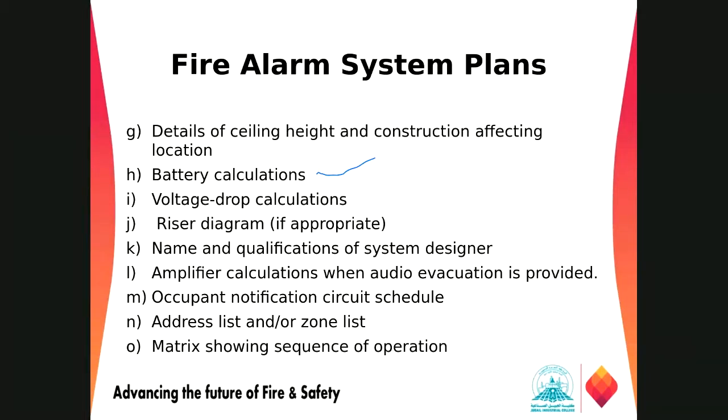Now, if there is a fire, the fire alarm is activated and all the sounders and the strobes are activated. In that time also, for 5 minutes continuous, those systems should be activated. So we know when all the sounders and the strobes are flashing and giving sound at high volume and all, the power consumption requirement goes higher. So due to that, they want 5 minute alarm conditions. Based on that, you have to size the battery capacity.